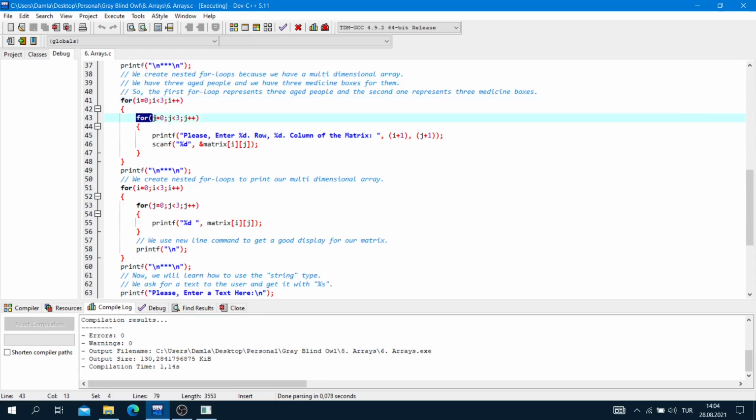And this for loop again, j = 0. Okay, and printf, please enter the 1 + 1, so the second row, and 0 + 1, the first column.